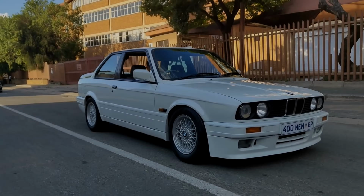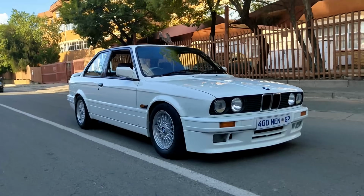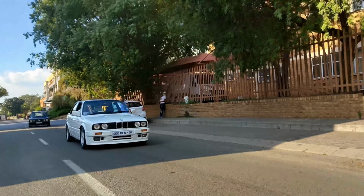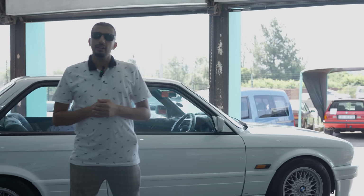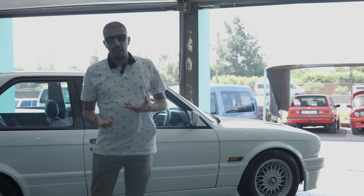So standing behind me is possibly one of the cleanest ISs we've ever had the opportunity to work on. Now the way myself and Mano met is Mano actually purchased this car from the first Creative Rides auction, and Mano did some research and found out that a lot of guys bring their ISs to us and decided to